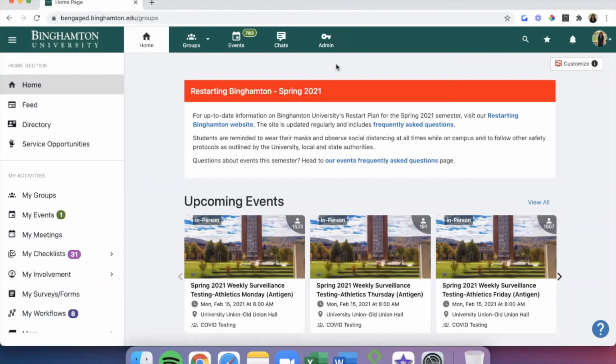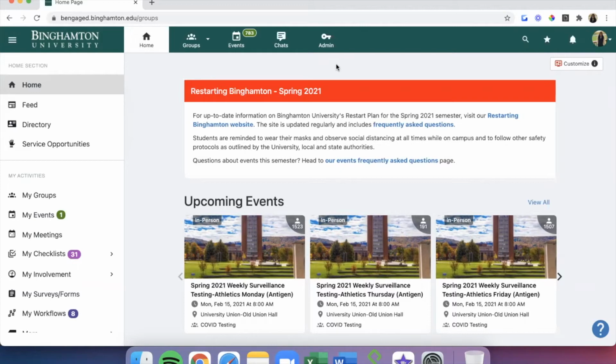In this video, we're going to walk through how to create a newsletter template in Be Engaged. There are a few ways to do this, but we're going to focus on the two easiest options. The first option is creating the newsletter template with the Be Engaged email builder, while the second option is using the Be Engaged email composer to create our template.